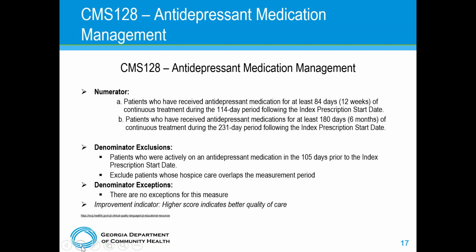For the numerator, we're specifically looking for those patients who had received an antidepressant medication for at least 12 weeks of continuous treatment during the 114-day period following the index prescription start date. For the second rate, it's those who are receiving antidepressant medications for at least 6 months of continuous treatment during the 231-day period following the index prescription date. So who is excluded from this measure? Those patients who were